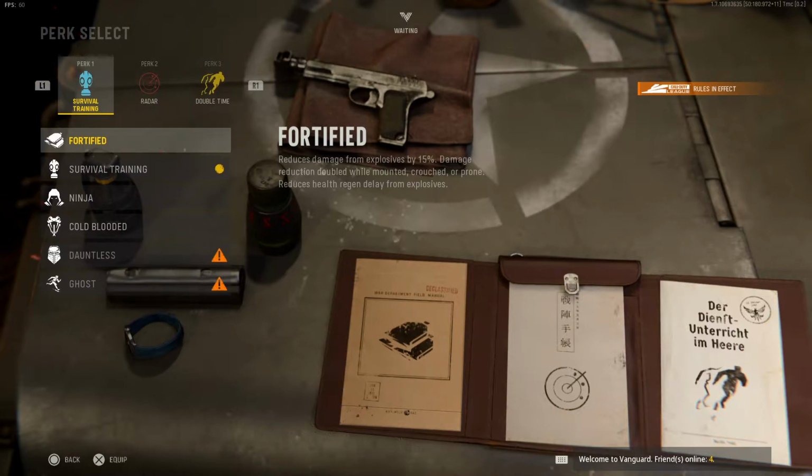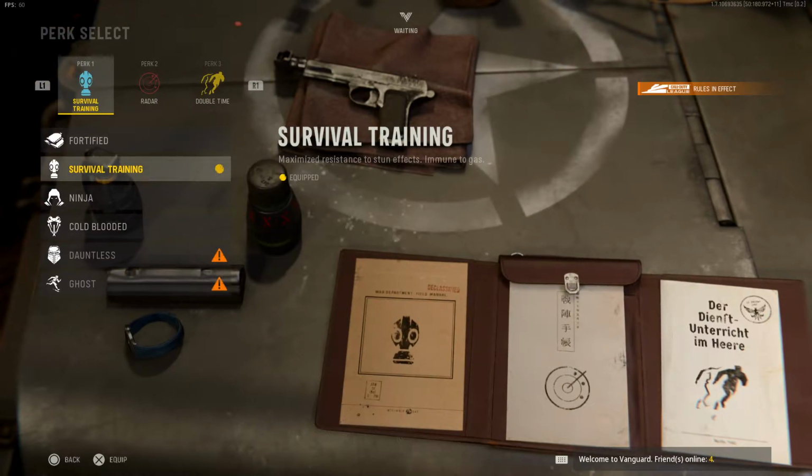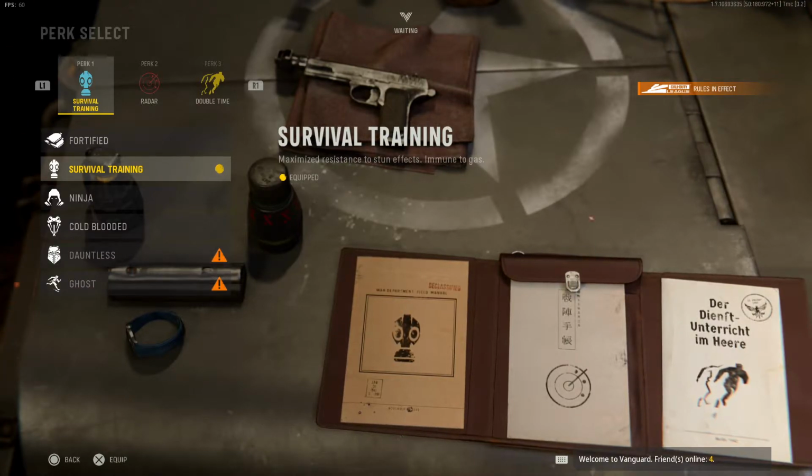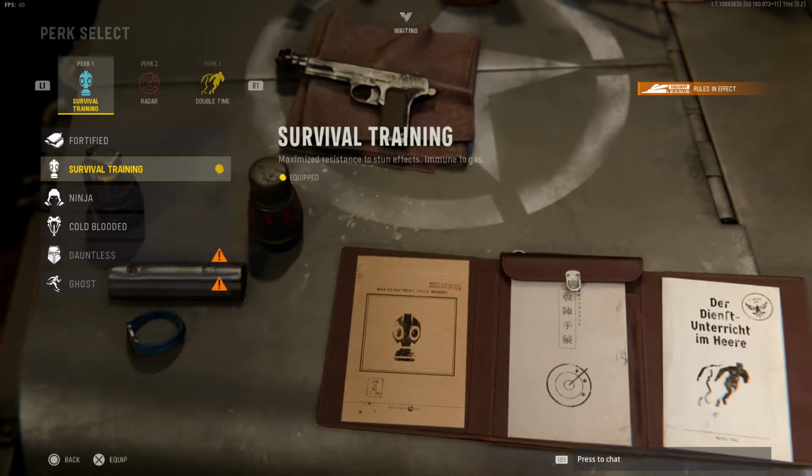There's definitely two options, but I prefer survival training because I think stuns are thrown much more, and stuns are much harder to avoid. So oftentimes people don't cook nades perfectly. So in the time that they do cook them,